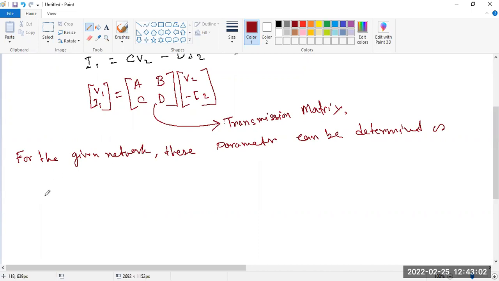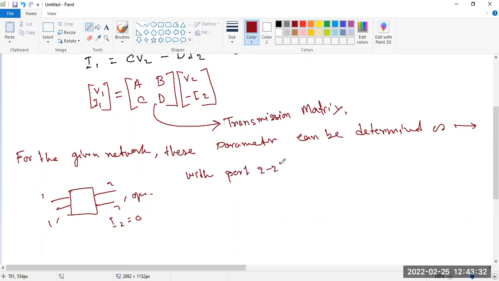With the port 22 dash open, when the port 22 dash is open, then I2 is 0, and applying the voltage V1, you can write that with port 22 dash open, I